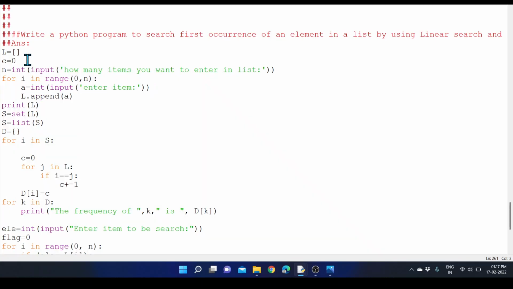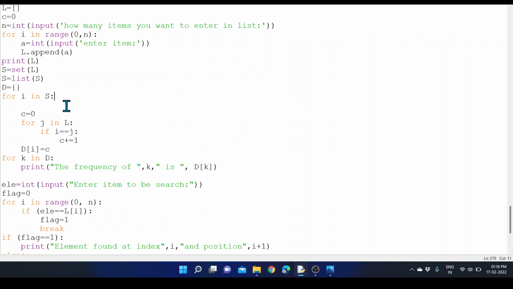So we declare one empty list and one variable. Then how many items do you want to enter in the list, that we insert within n? Up to that we will iterate the loop and we accept the value within the list variable. Then we are using the set function. What's the purpose of set? It will avoid the duplicate data, and after that we are creating the list variable there. And then for each item, what will happen? They will iterate the values one by one, and we are counter checking whether that particular value is there or not. And then we add that particular data to the variable. So like this, we are creating the